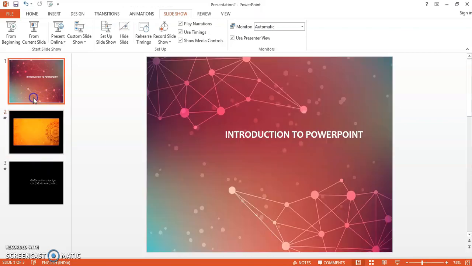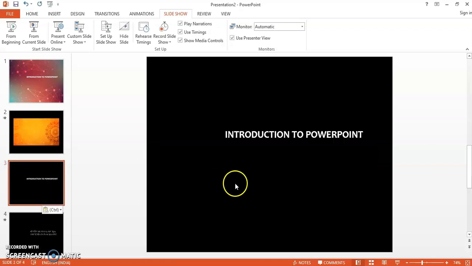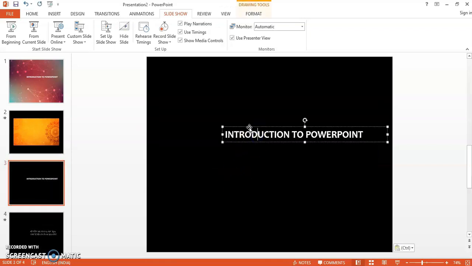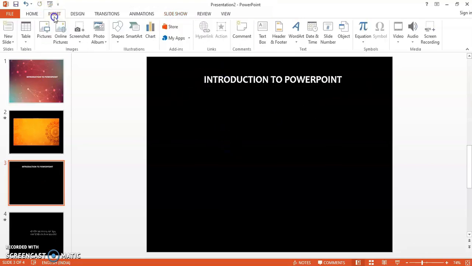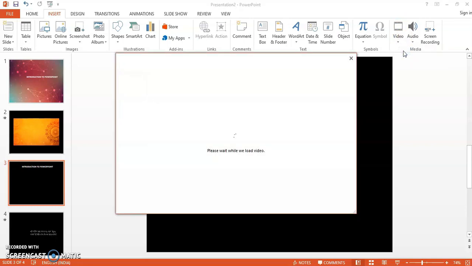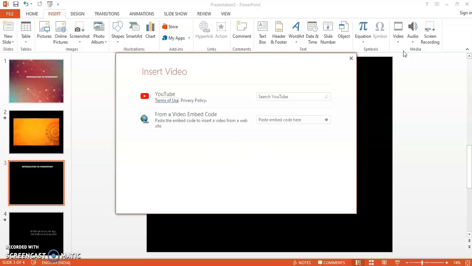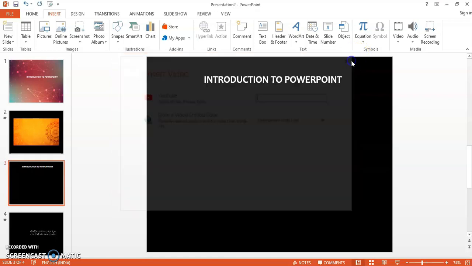Now, what if I want to play any video present on YouTube? So what I can do, simply, I can go to insert option again and I can click on video and I can click on online video option. And here you can choose any YouTube video with a link. Once you embed the link over here, you will see a whole lot of options which you can insert.